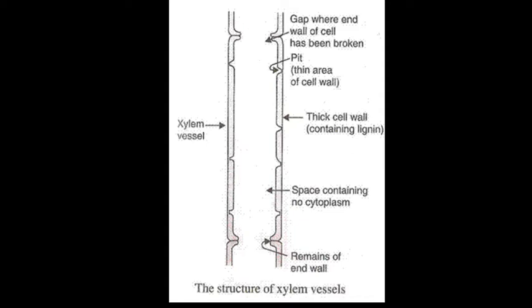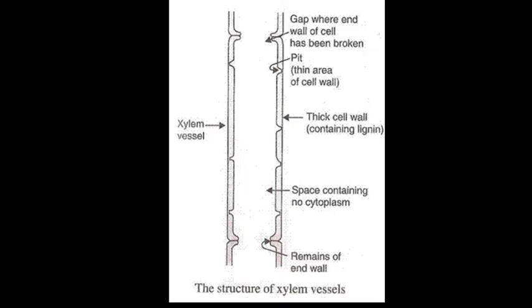Wood is made almost entirely of lignified vessels, and xylem vessels have pits in their thick cell walls. Pits are not open. Most importantly, in flowering plants, which we also call angiospermic plants, either only xylem vessels transport water, or both xylem vessels and tracheids transport the water. So here one question comes to mind: what is a tracheid? We know that xylem helps transport water and minerals from the root to the stem or other parts of the body. But what is the function of tracheids?